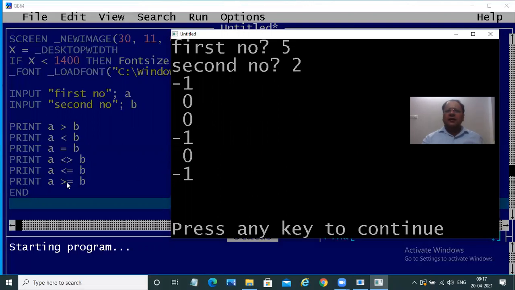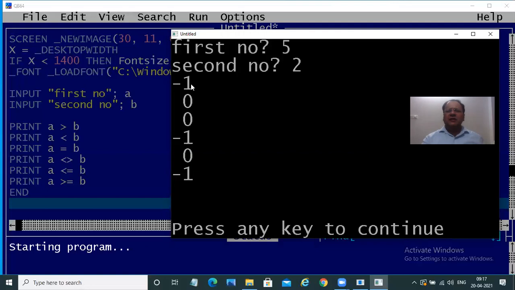A is greater than or equal to B. These are double conditions. If either condition is satisfied, then the value is true. So this is not shown in your book. I am telling you how to check for relational operators. You will not get the value printed as true or false over here. Nobody will print this value as true and false for you. So what you will get returned over here will be the value of -1 or 0. So this is what you will get displayed.